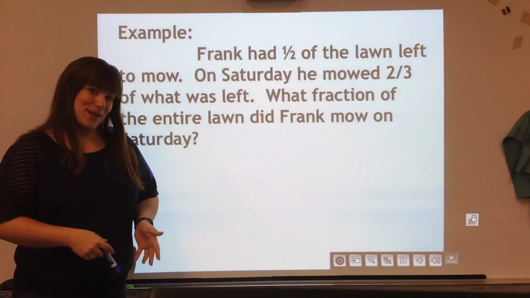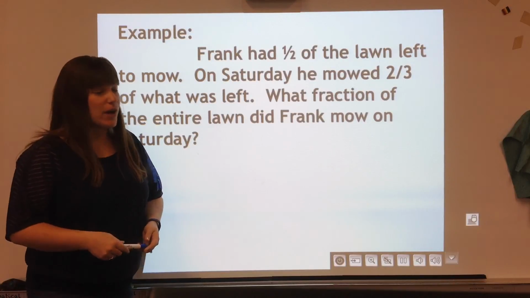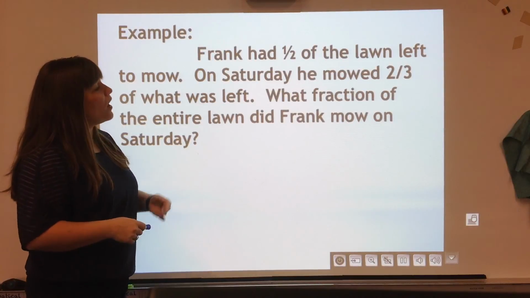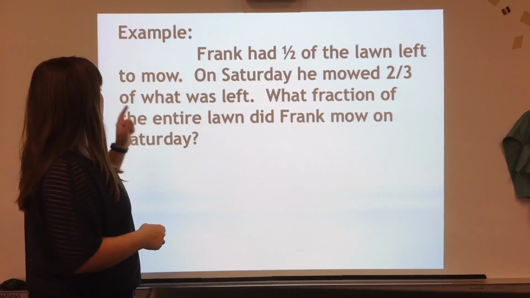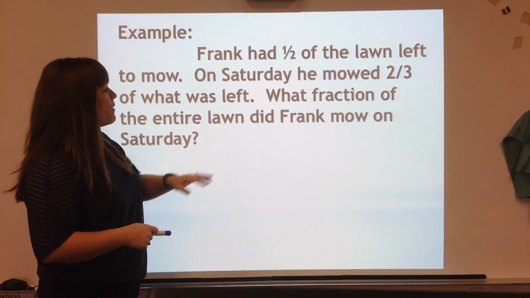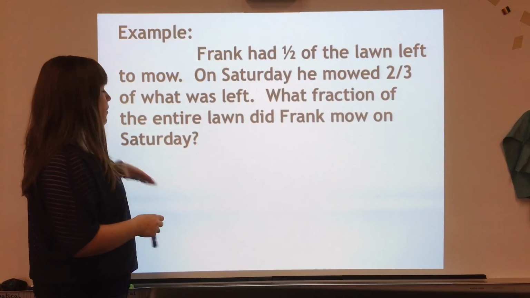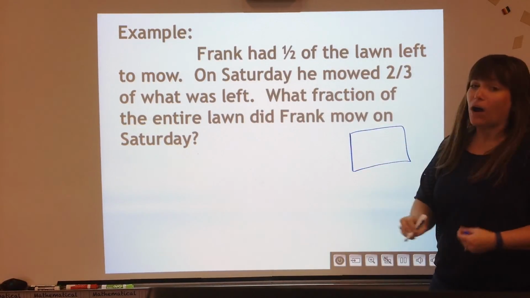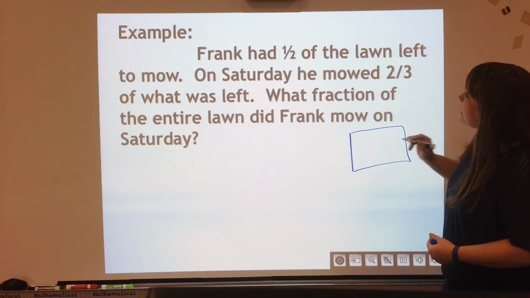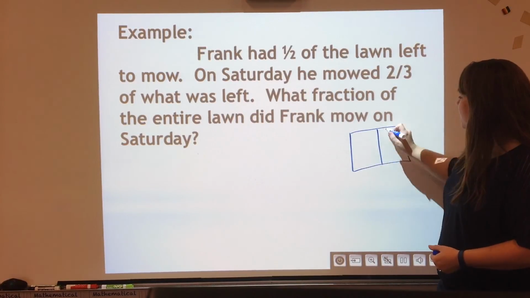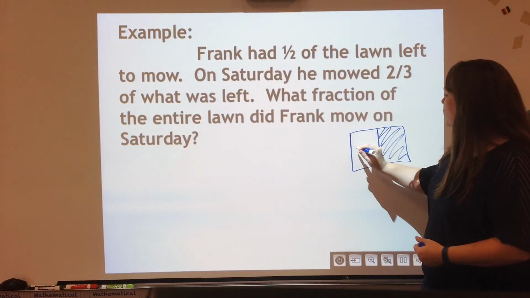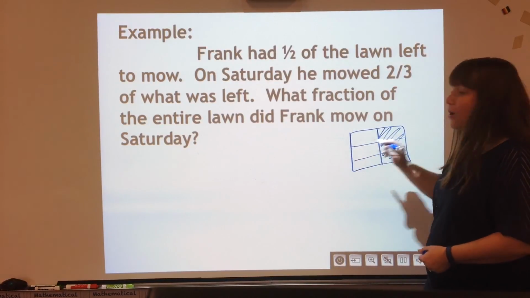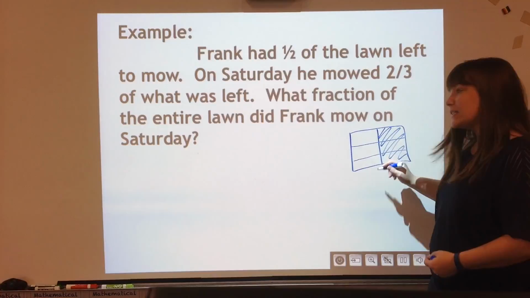So this is a word problem example to show you what you might see when we try word problems. It says Frank had half of the lawn left to mow. On Saturday, he mowed 2/3 of what was left. What fraction of the entire lawn did Frank mow on Saturday? So with word problems, I like to sometimes draw out what's going on. Here's the lawn, and he mowed half of it already. And then he's only going to mow 2/3 of what was left. So I'm drawing that 2/3 horizontally, and